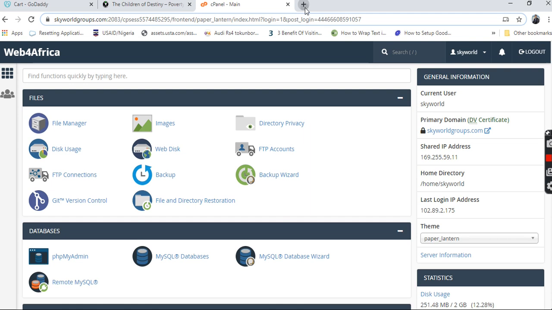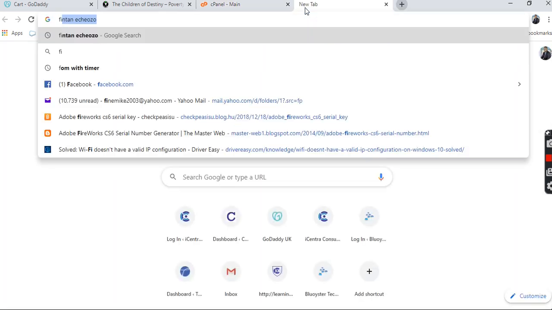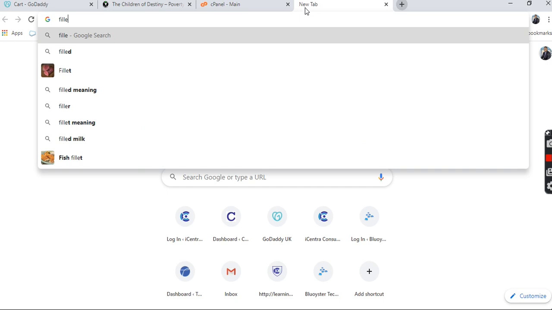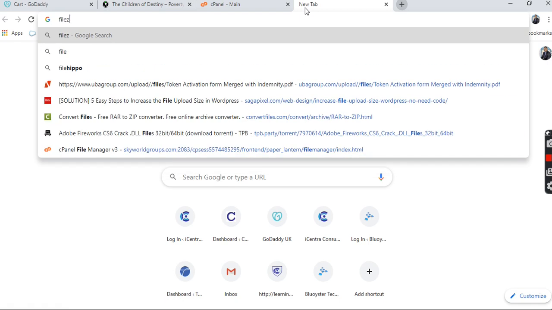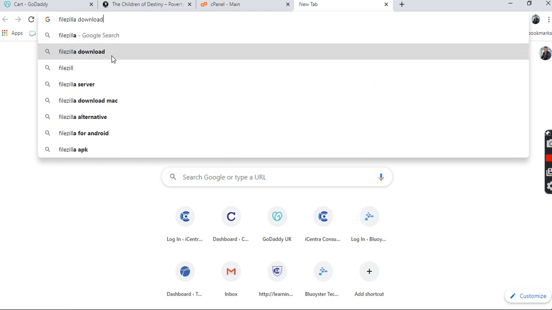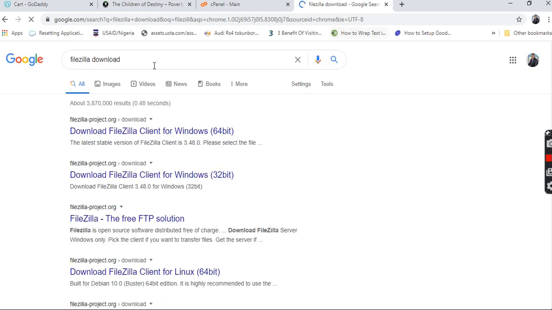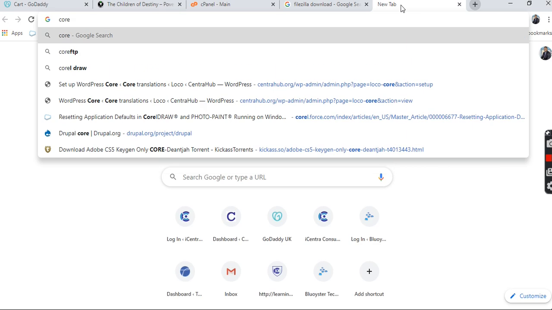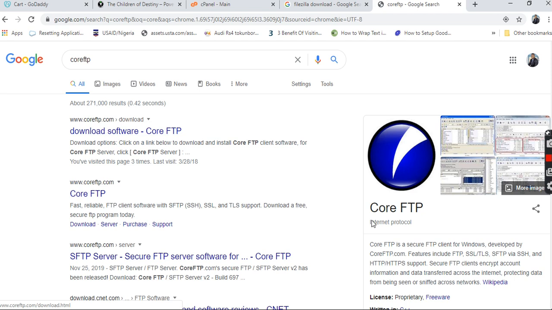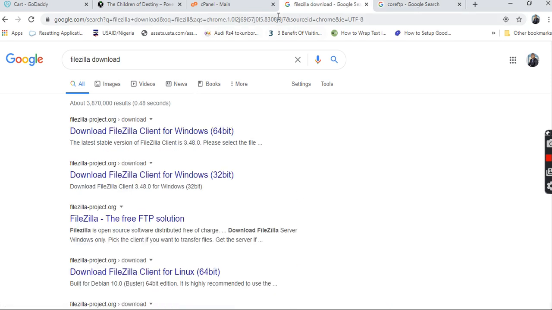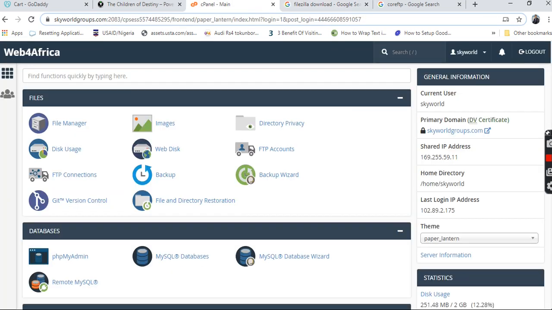An example of FTP is your FileZilla. I never spell it right. FileZilla. Okay. You have your FileZilla, you have your CoreFTP. So these are examples of FTPs. We'll get down to these in detail, but I just want us to not divert. Let's focus on what